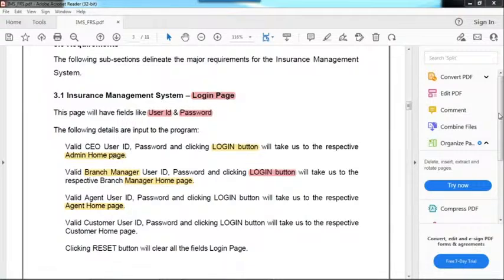Then how will you test? Based on the requirements. In the requirements, it is clearly mentioned that if you log in with a valid username and valid password and click on the login button, you will see the admin home page. This is the way you need to test. Is it clear? Yes, thank you.